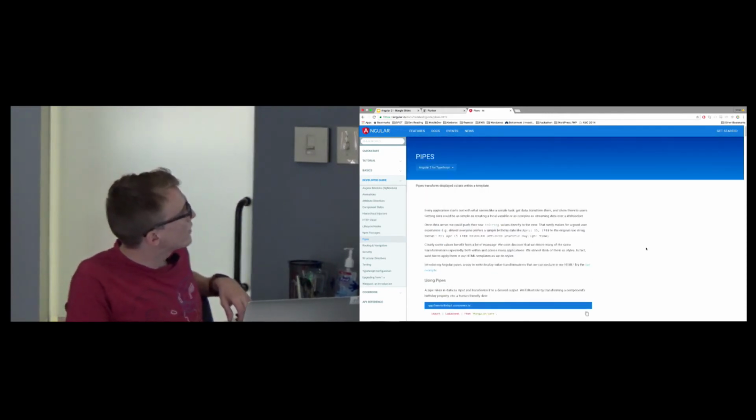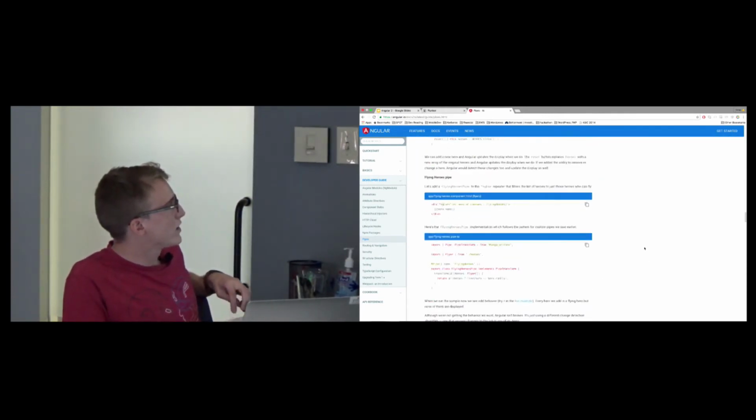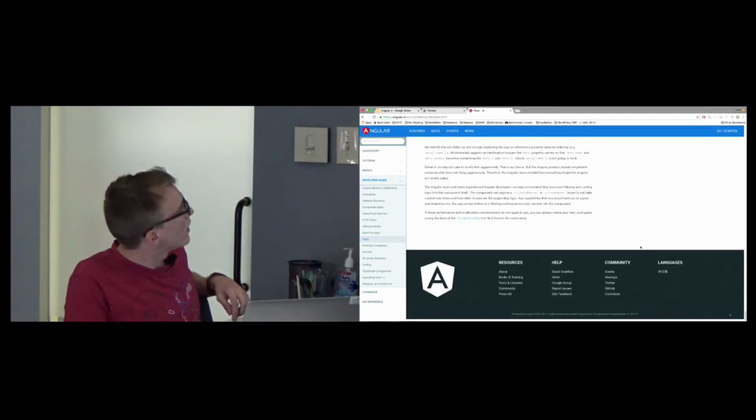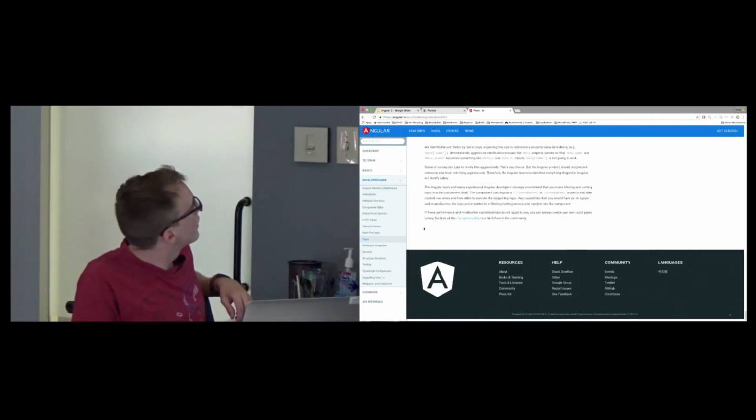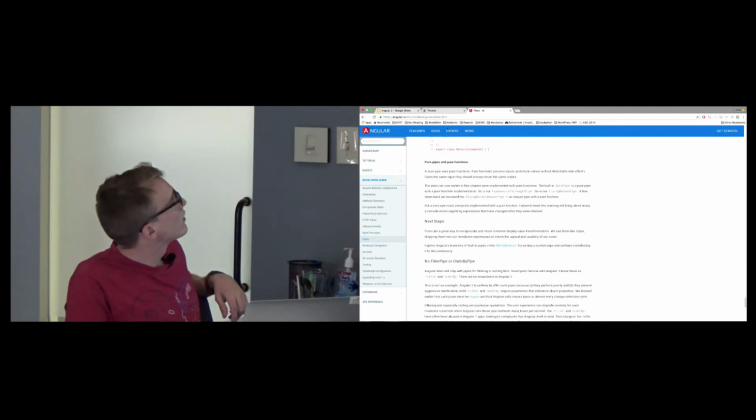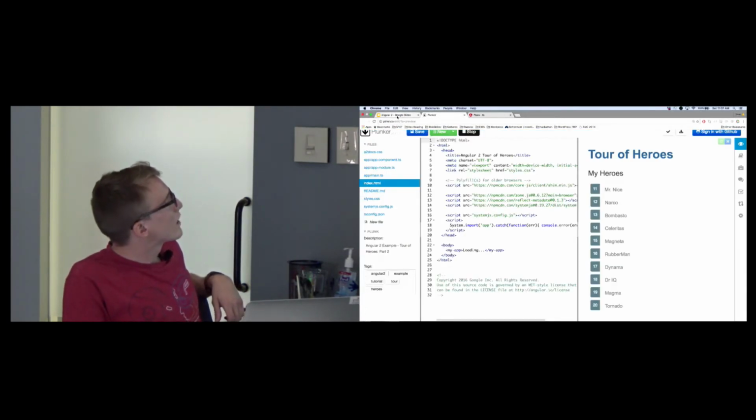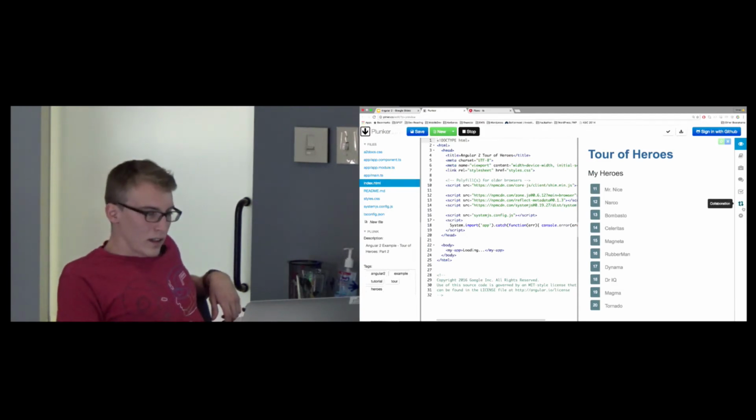So somewhere in these docs, there's a list of every single pipe you can use. I thought it was in here, but I'll try and find it. Okay, cool. Yeah, those are really handy. Okay, so